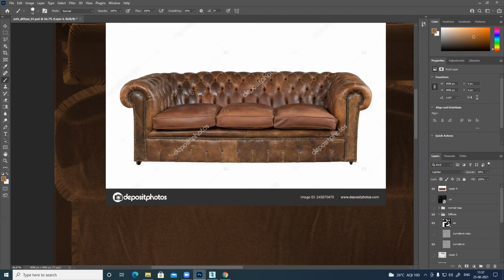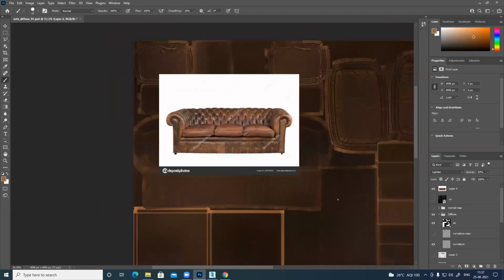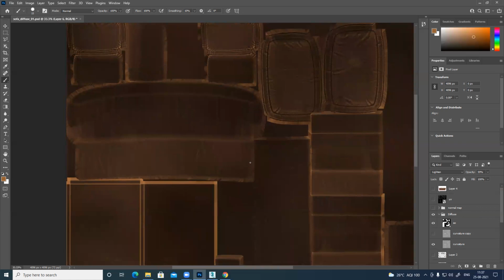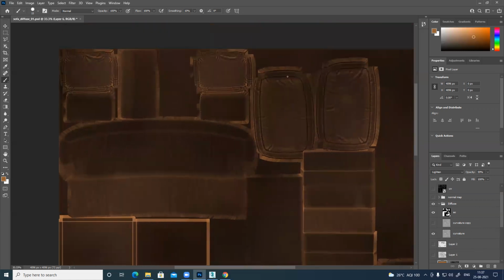So we need a couple of areas, like wherever you touch, like if you sit at the corner, you touch this corner, usually with your hand, those areas become brighter. That is what you need to consider. So all the corners are slightly darker in color. So that means what I can do here is either I can paint it manually or I can directly download some map, some noise or dirt, and then place it there and add those variations. So let's do something like that.